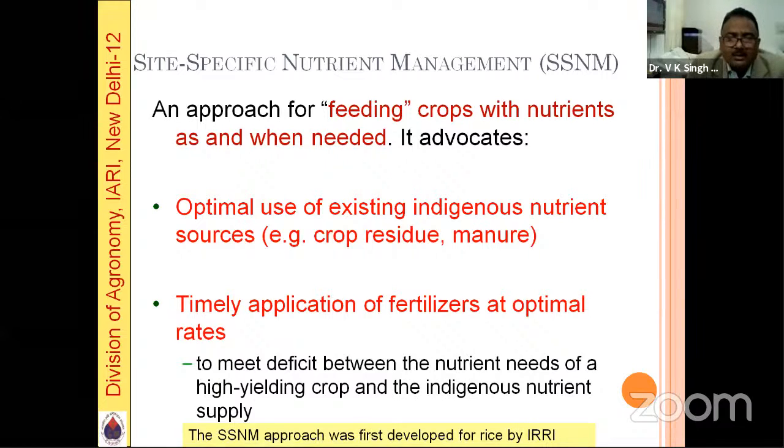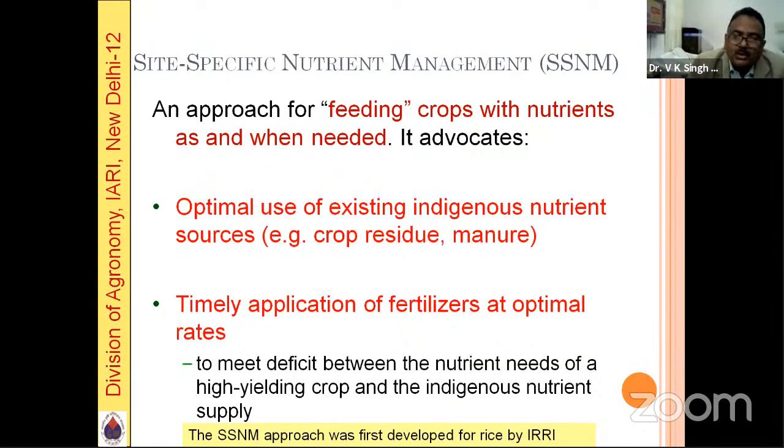For this, two things are very important. One is indigenous nutrient supply. Indigenous nutrient supply is how much nutrient is coming from your soil, your residue, whatever residue, either stubble or burnt straw, or organics, either manure or any green manure. All that comes under indigenous nutrient supply. That is one account. And another account is your targeted yield. I will come to how it is calculated next.